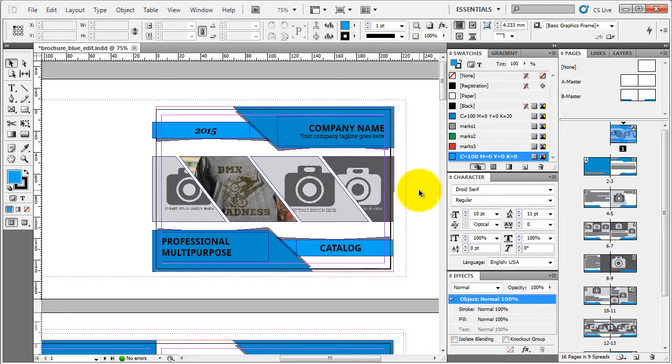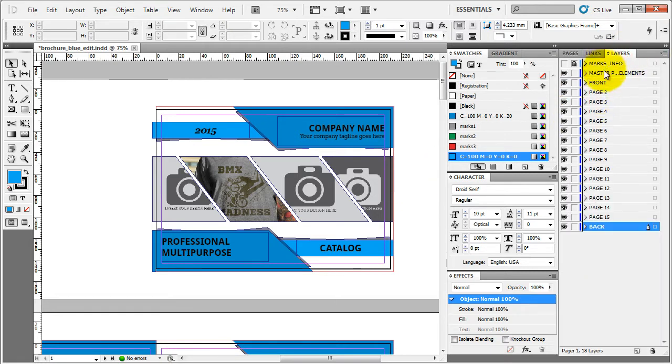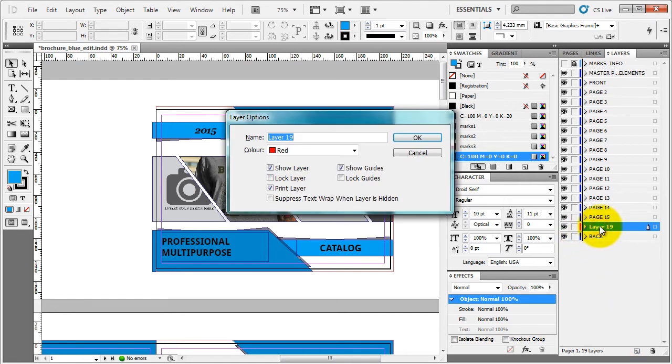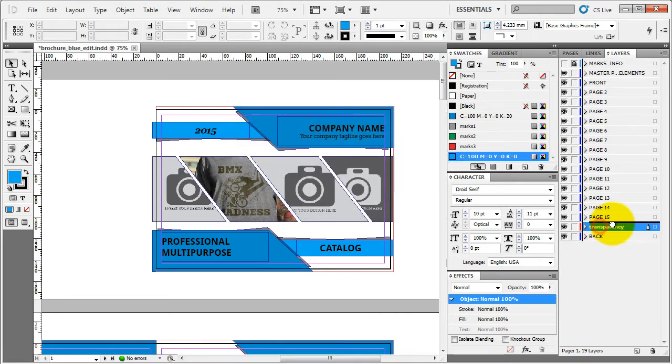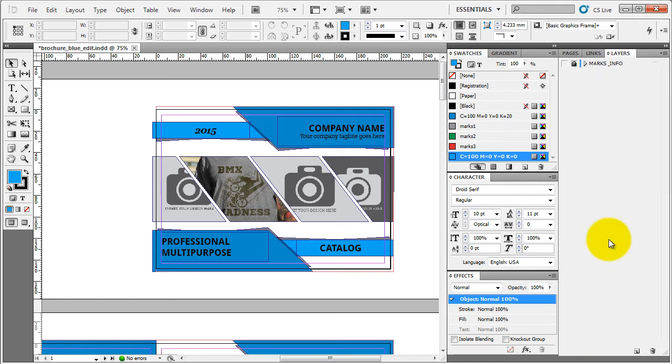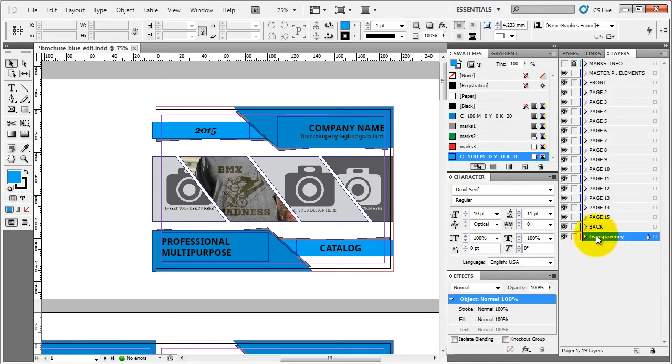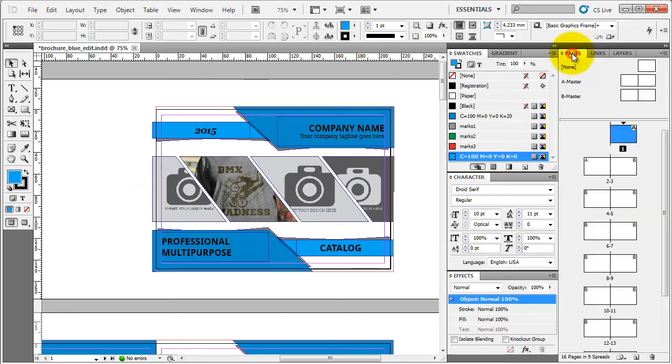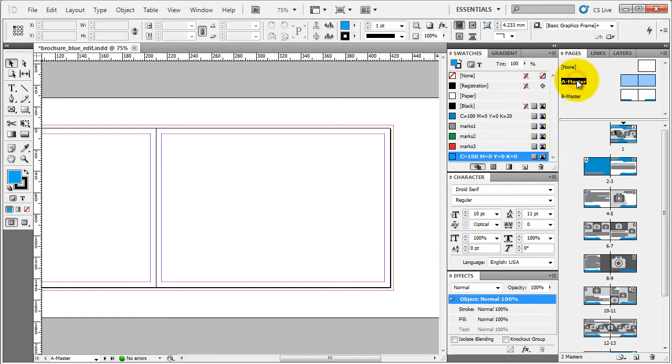process step by step. So first of all, let's go to the layers panel. First thing we need to do is create a layer, and we're going to name it transparency. And you're going to see why this is important in a minute. You make sure this layer is the bottom layer, so whatever goes on this layer will be behind all the design. Now let's go back to the pages. We go to the master page